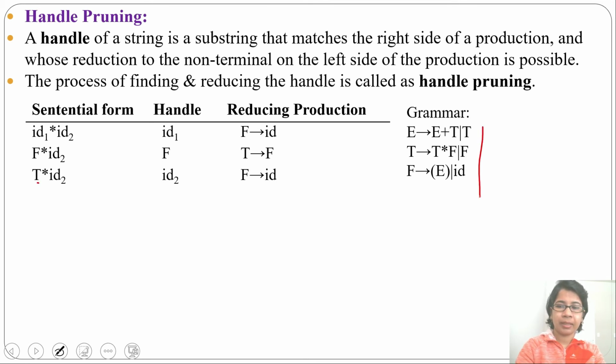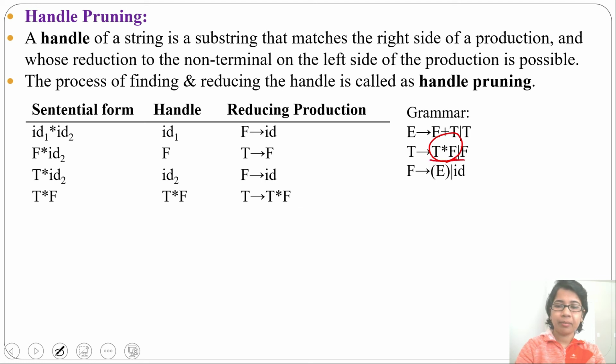Just T is present and T multiplication F is present. To get this form, this ID2 should be reduced to F. Now the handle will be this ID2 and we'll use the production F derives ID. So in place of ID2, we'll write F. Now I got T multiplication F. Just check in the RHS whether it is present or not. Yes, T multiplication F is present.